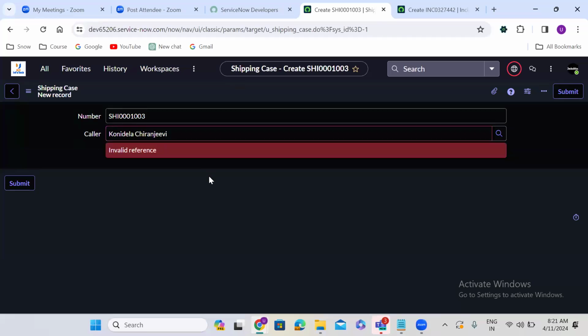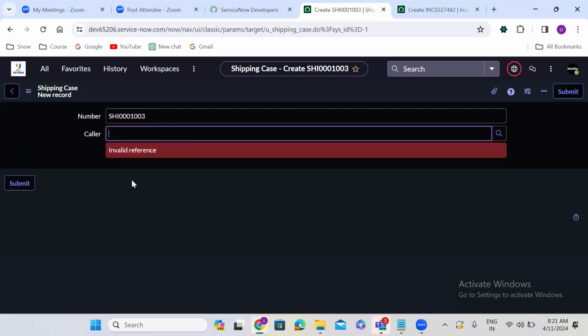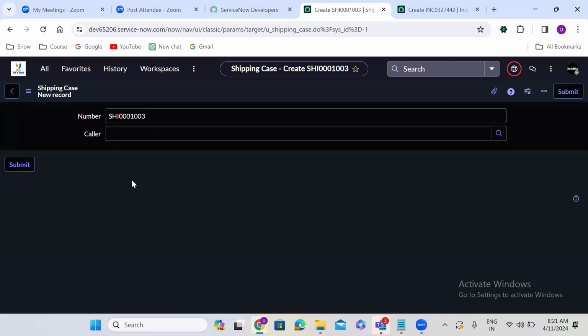So the Konidala Chiranjeevi user account is not there in ServiceNow. We won't be able to select this one. If that is not there, it will say invalid reference. Getting my point? Whenever you see this magnifying glass,